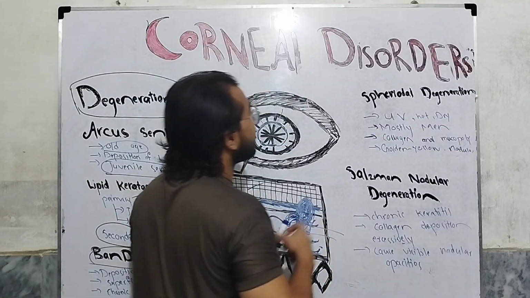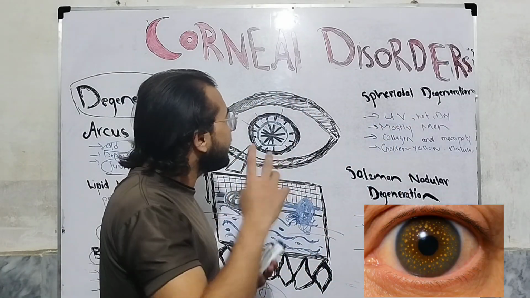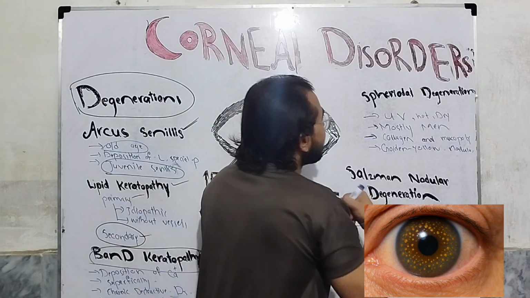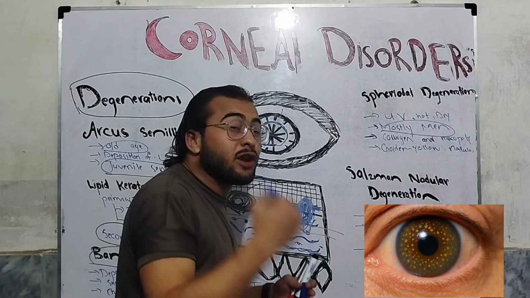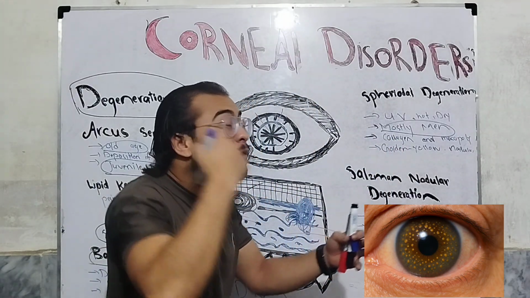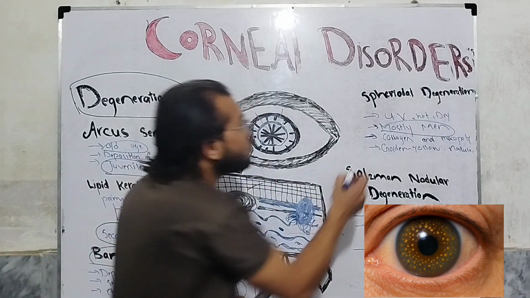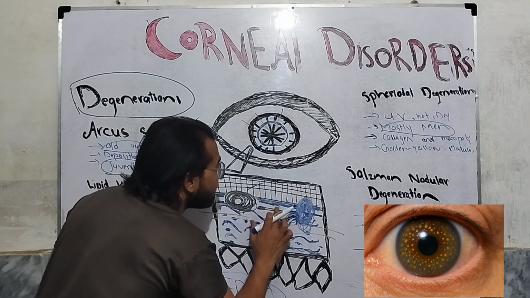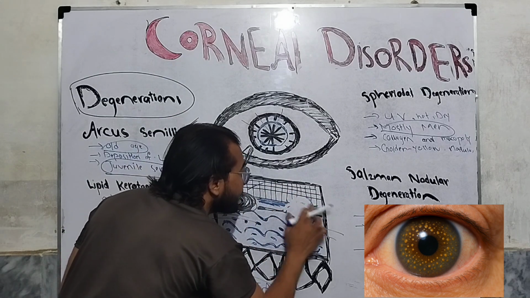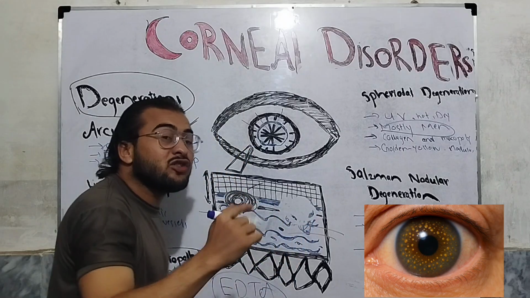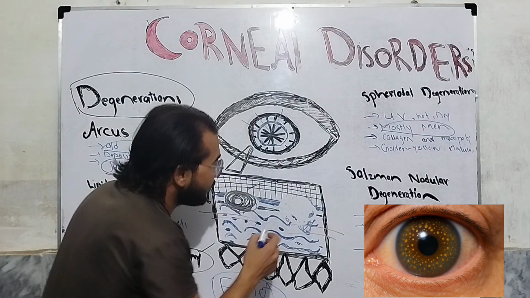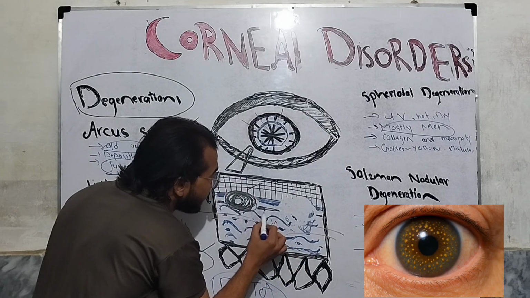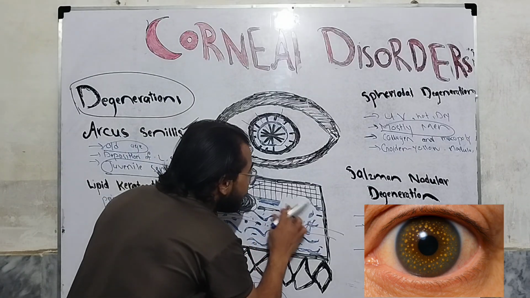Now the fourth one is spheroidal degeneration. Spheroidal degeneration mostly occurs in men, okay, mostly in men who are exposed to a dry, hot environment in which ultraviolet light directly hits the cornea. So, due to the dry, hot environment and ultraviolet light, there will be destruction, especially in the anterior region of the cornea. There will be destruction of the collagen fibers and matrix. So, the matrix is the proteoglycans in between these collagen fibers, when there is destruction due to these